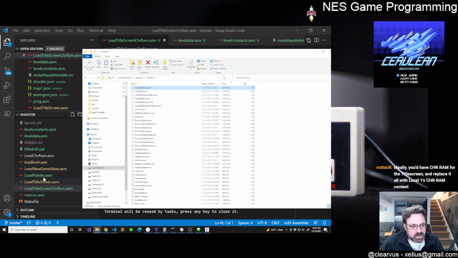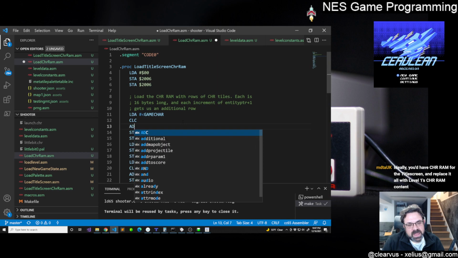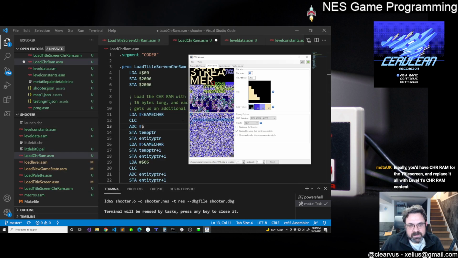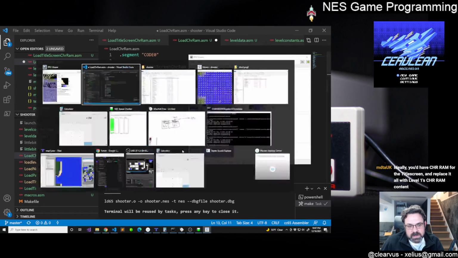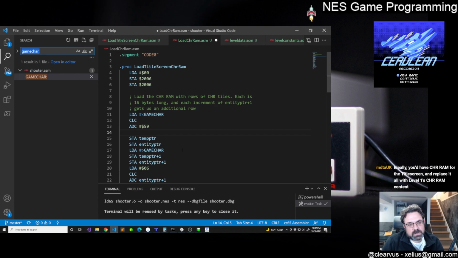Eventually this will need to be more sophisticated, but what we want to do here is load this, clear carry, add carry. What did I say? It was 55, 59, 59, and then what is that? We want to do this. We want to store that, and then